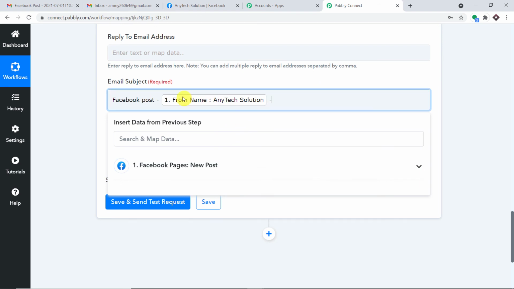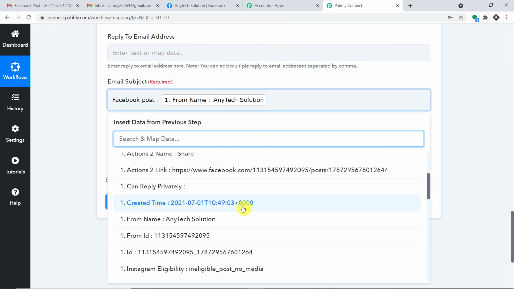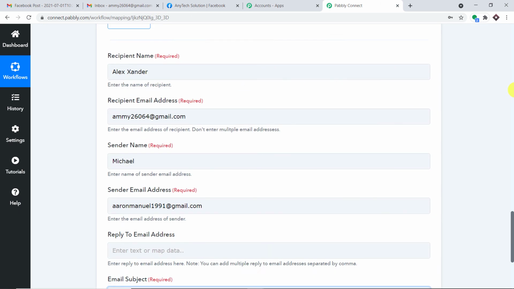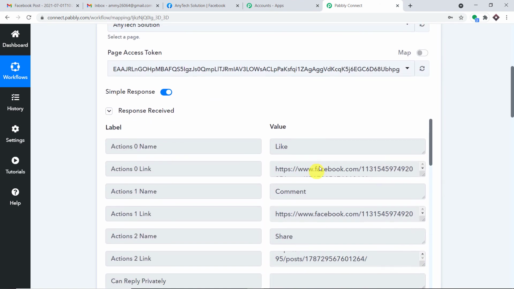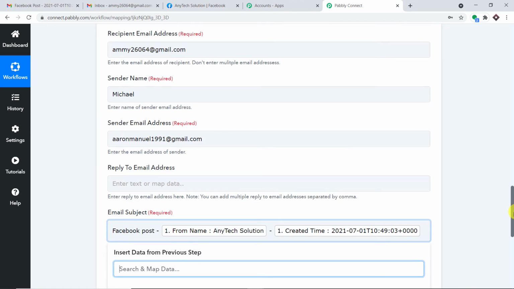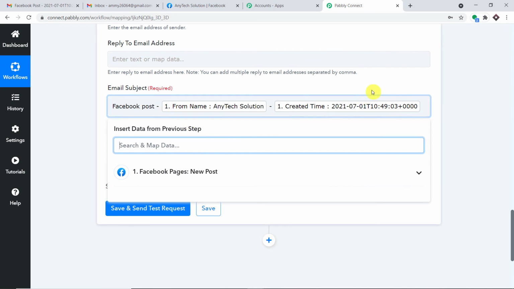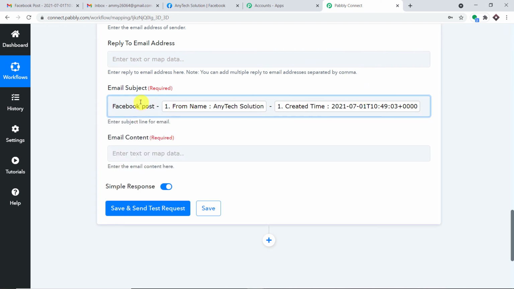Okay, so we have mapped that detail, and I'm also going to map the time at which this post was created. So this is the post time that was created. Now remember, all this data came from here. After creating the email subject, a very unique email subject, of course these two parts will remain the same, but the created time will keep on changing.